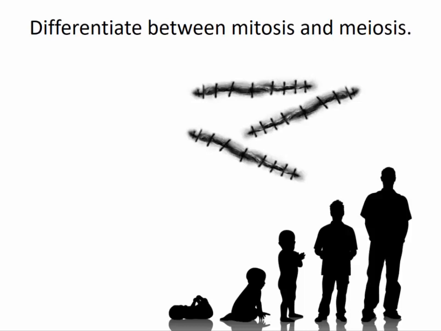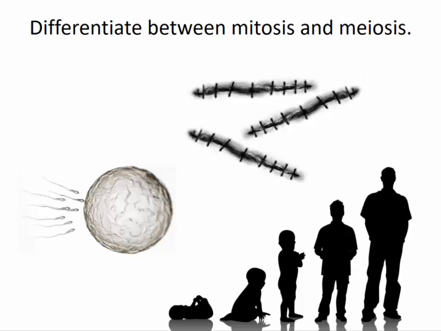So when we have some sort of injury and our body needs to replace the cells that have been damaged, mitosis is the process by which that is done, producing two identical daughter cells for every cell that divides. As I mentioned, after fertilization, all divisions in terms of growth and repair are related to mitosis. But prior to fertilization, how did we produce those sperm, or how did we produce those eggs? The process there is meiosis.